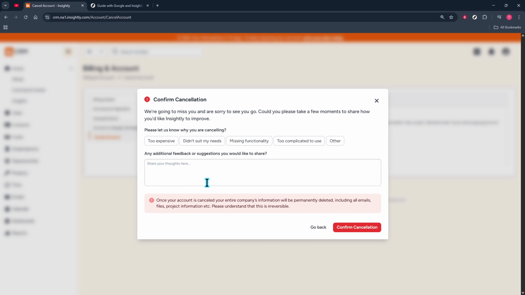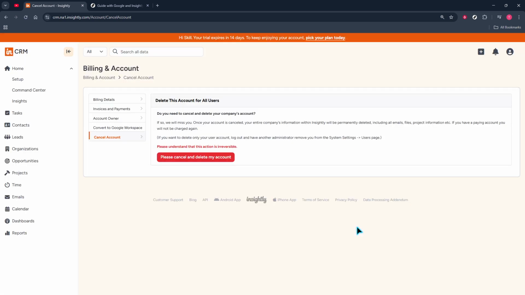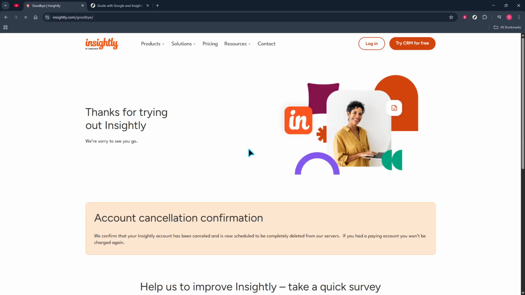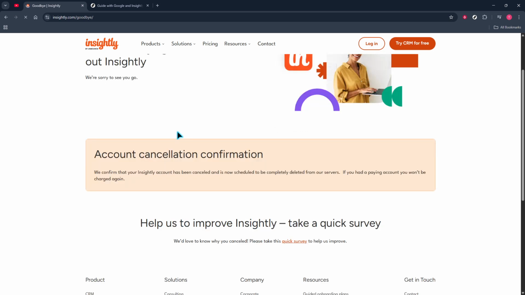When you're ready, locate the Confirm Cancellation button. Clicking this is the final step. Insightly may show a confirmation message and, in many cases, send a follow-up email to the address on file so you have a record of the closure. After confirmation, your account and its contents are scheduled for deletion according to Insightly's policies, and access will no longer